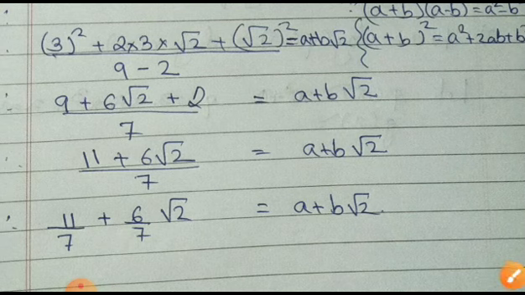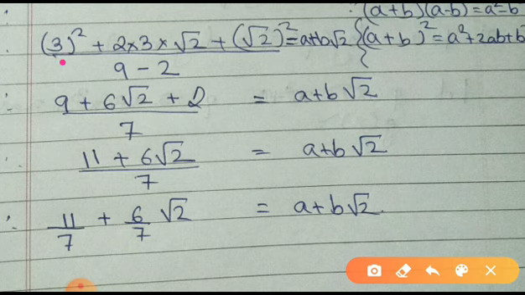So I'll be getting the numerator using the identity a plus b the whole square, that is a square plus 2ab plus b square. So that will be 3 square plus 2ab plus b square. And the denominator is a plus b into a minus b, so 3 square minus root 2 square, that is 9 minus 2. Your RHS is the same itself. I am not changing your RHS. I have written it the same throughout the problem.